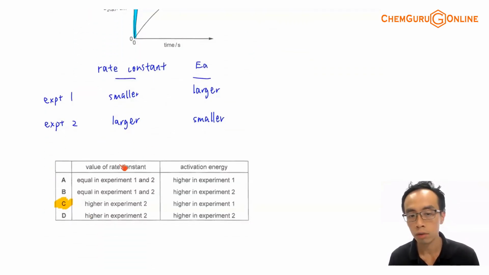So in this case, answer to this question will be option C, higher rate constant for experiment 2, higher activation